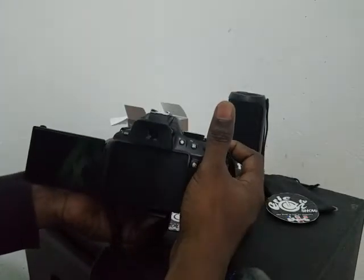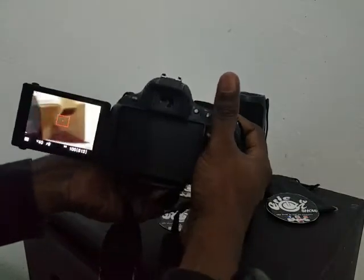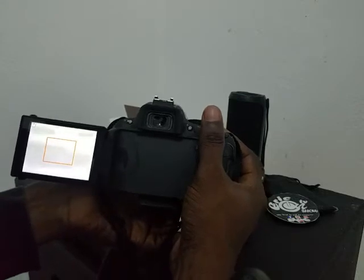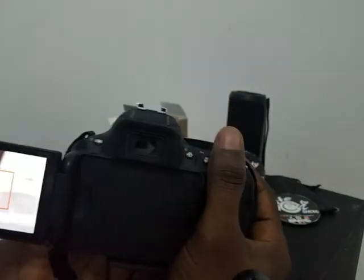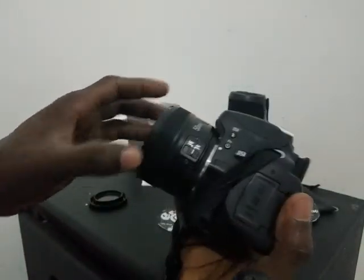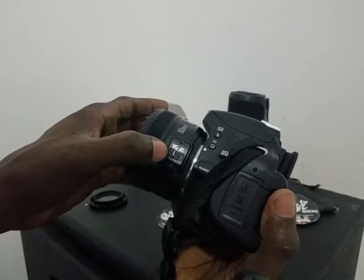People, this is a very good lens. It has a very good aperture. The aperture is very good. And then people, that's all. And then as you can see, you can put it in autofocus, autofocus manual, in autofocus,